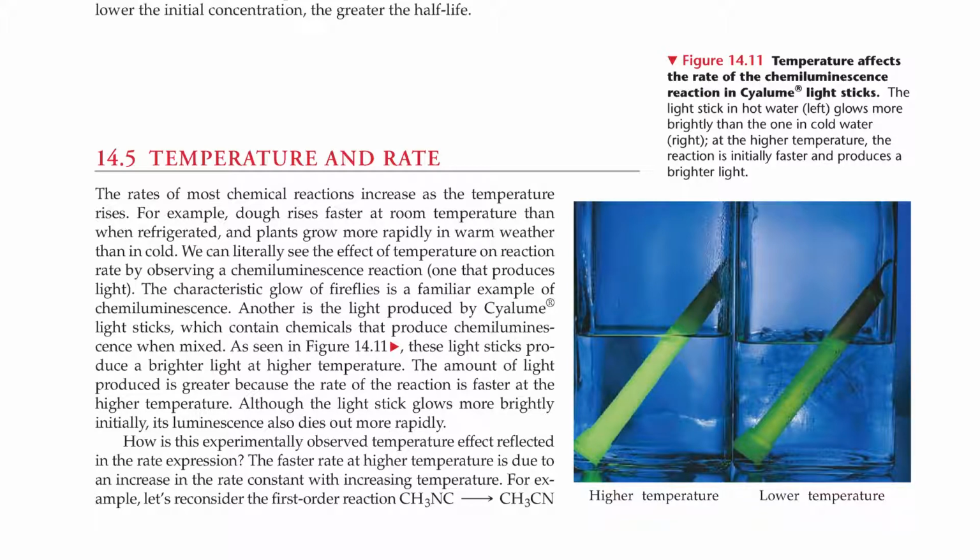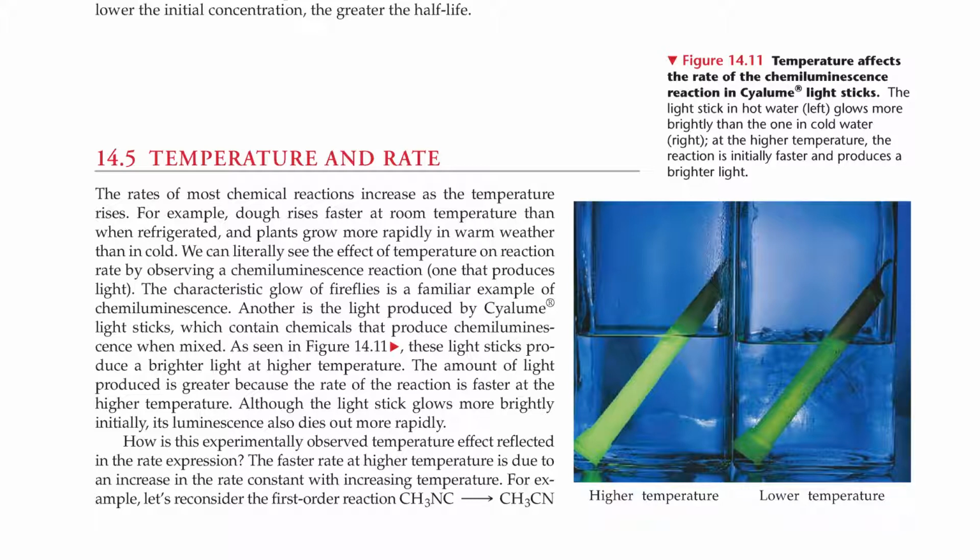We can literally see the effect of temperature on reaction rates by observing chemiluminescence reactions, ones that produce light. The characteristic glow of fireflies is a familiar example of chemiluminescence. Another is the light produced by Cyalume light sticks, which contain chemicals that produce chemiluminescence when mixed, as seen in